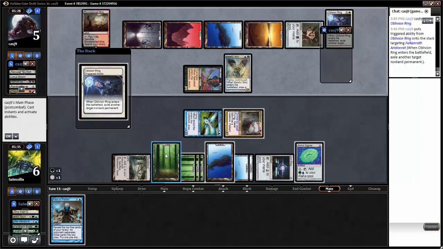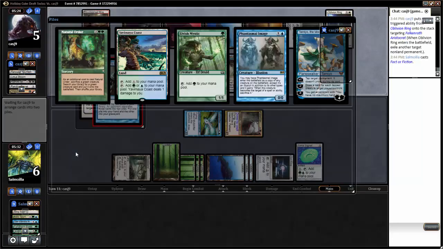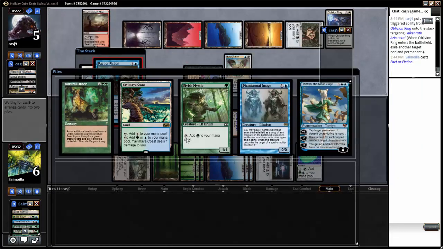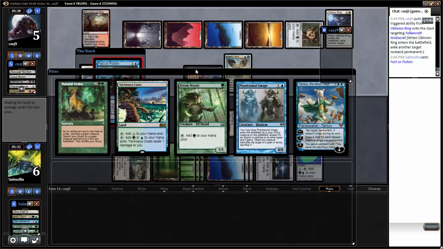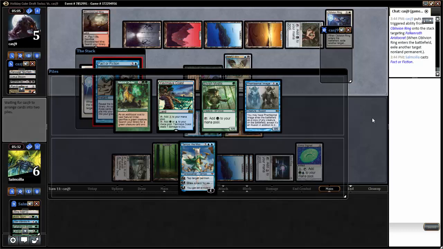What can Natural Order get me? Give me Progenitus, which seems really good. But I don't have a green card, so it seems a lot worse. Cameo in one pile, along with what? So that means if he puts Tammy over here, I'll have to put either the Elvish Mystic or the Natural Order with it, which seems better than just taking...